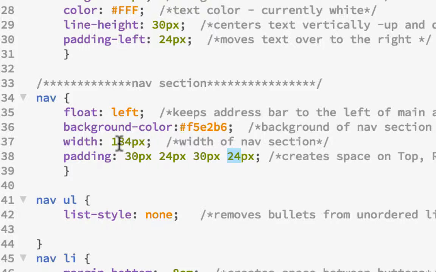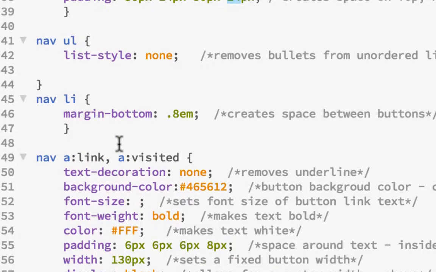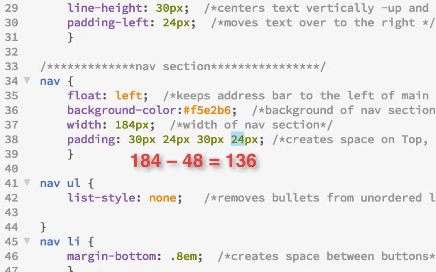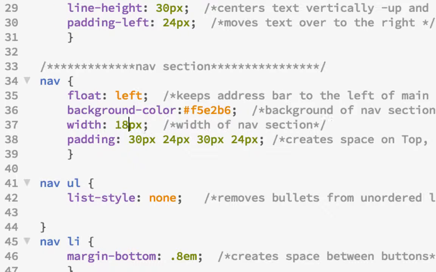So what we have to do is take 184, and I'll do the math right here. I'll do the 184 and minus 48, and I'll end up with 136. So we're going to have to change our nav section once we subtract 24 and 24, just the left and right. You don't have to worry about the top or the bottom, just the left and right. And I'm going to change this to 136. That's going to be subtracted, and I could even put here minus the 48 pixel padding